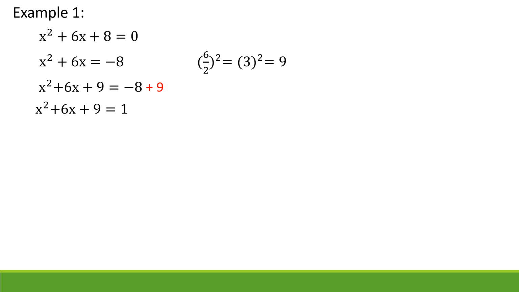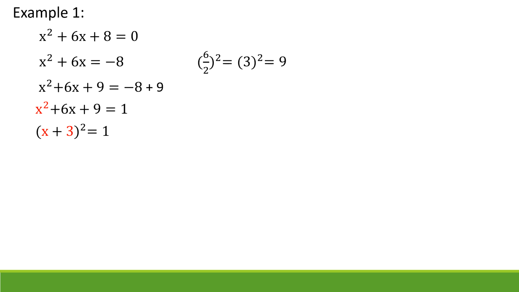Then factor the left side of the equation, which is x squared plus 6x plus 9. And this is a perfect square trinomial. To factor easily, just get the square root of x squared, which is x. Get the square root of 9, which is 3. Then the sign of 3 depends on the coefficient of x. If it is positive, the sign of 3 is positive, but if it is negative, then negative. So since the coefficient of x is positive, the sign of 3 is positive. Then do not forget to write the squared outside the parentheses.